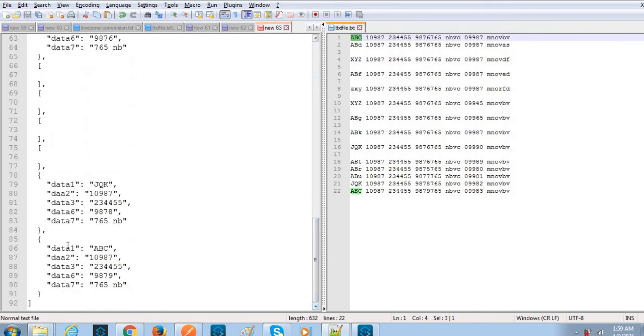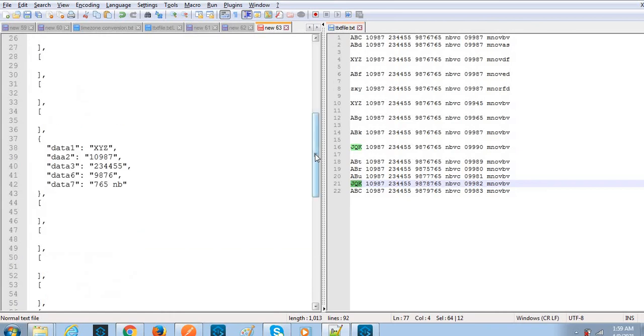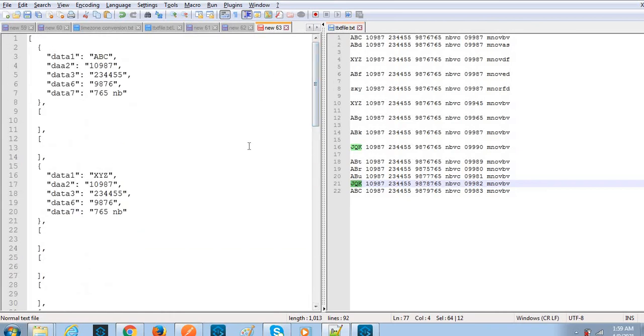The same data we have after transformation. See, JQK 2 times, and the remaining rows are empty arrays. So we'll remove all those. So this is the data we have.